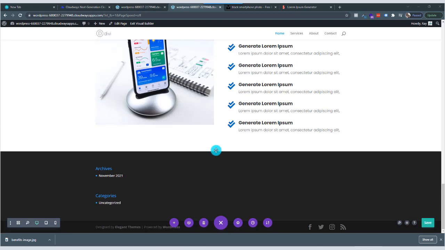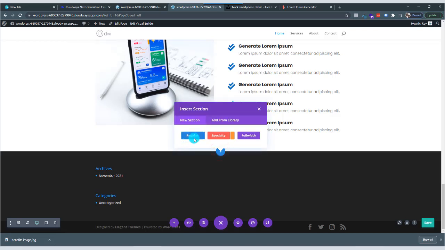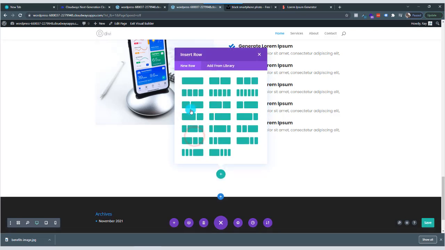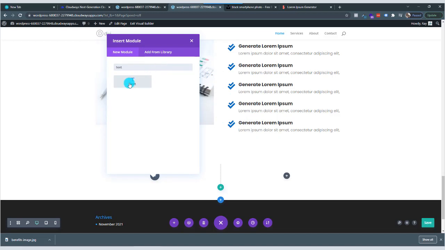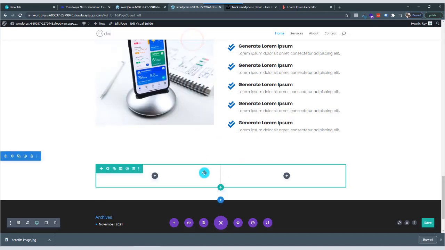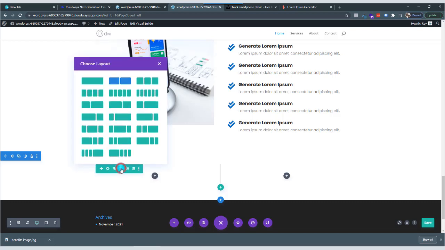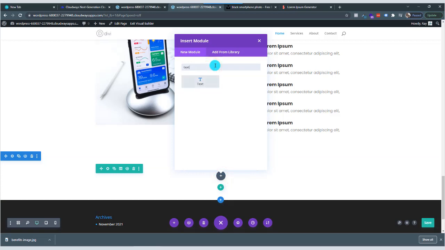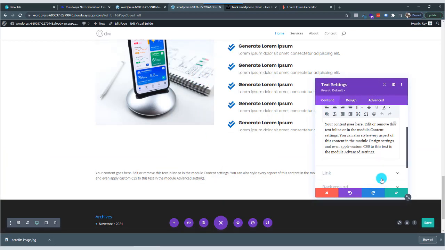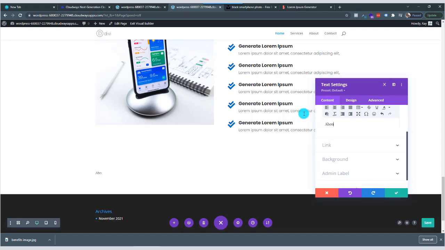So what we're going to do now is the About Us page, or the About Us section, I should say. So again, let's click on this little plus icon, and we're going to do regular, and I think we're going to do 2 columns. All right, and we're going to have pretty much text. As a matter of fact, let's not do that yet. Let's actually change this to single column. Let's add a text module, and then we're just going to put About Us,